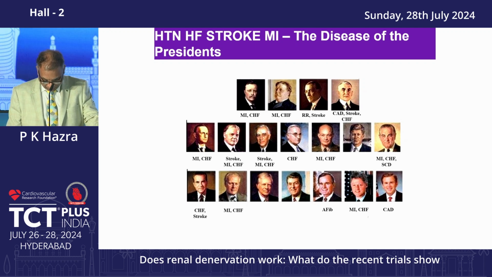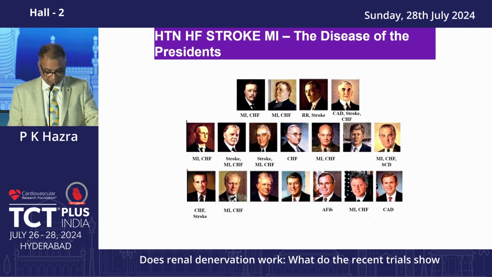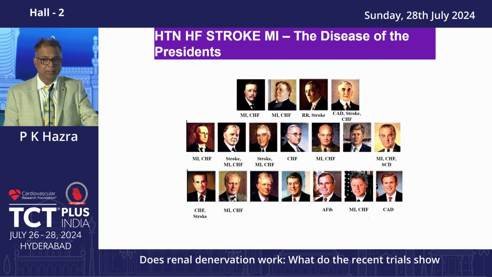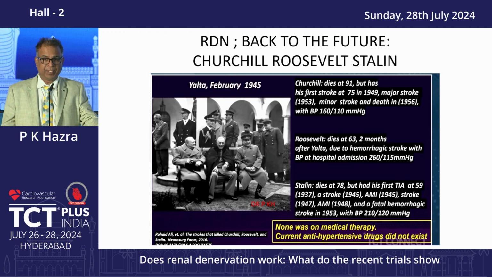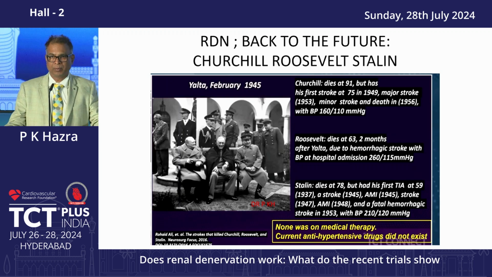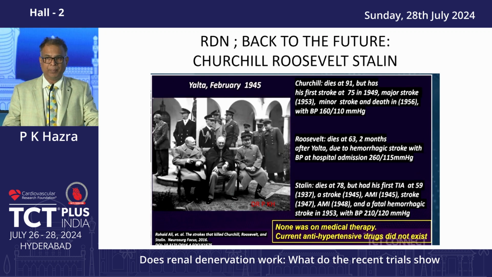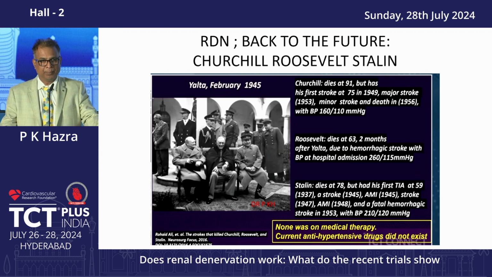Hypertension, heart failure, stroke, and MI are diseases of the presidents of the United States and their people. They lived in an era where there was not much data, an era of data-free science, with hardly any data to treat them. These three gentlemen were sitting just before World War II, discussing how to end the war and defeat the Germans. All of them had hypertension, and all of them died of some kind of mortality due to hypertension,